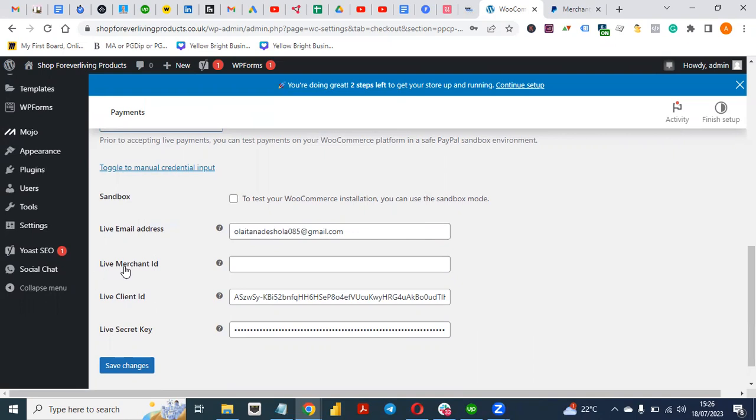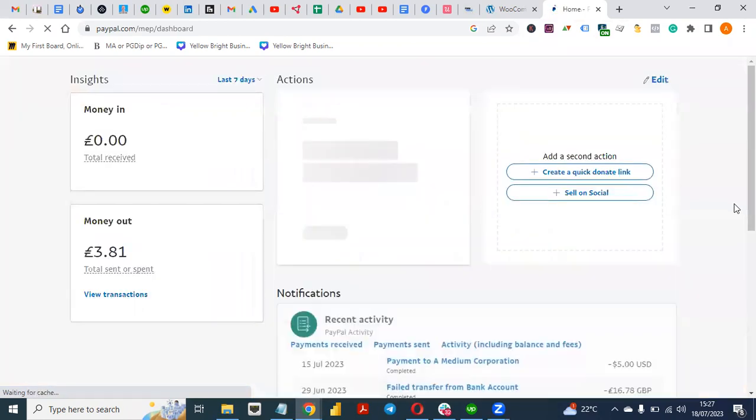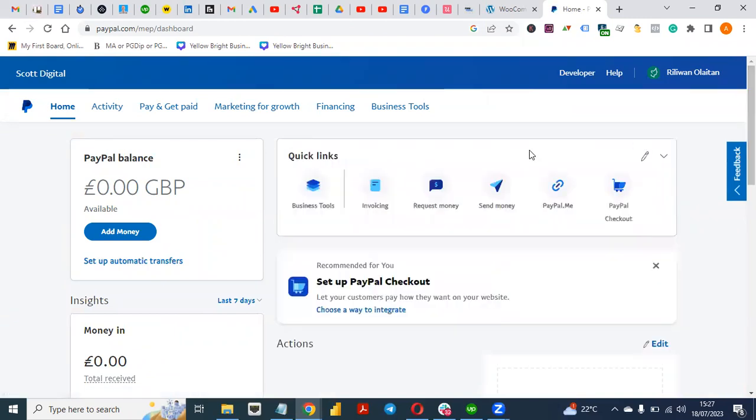For you to get your live merchant ID, you go back to your PayPal accounts that you've set up. Let me log in back. I've been signed out, so let me log in back. So click on this, and I'll click on, once you log in into your business dashboard like this, after you've set up your PayPal business